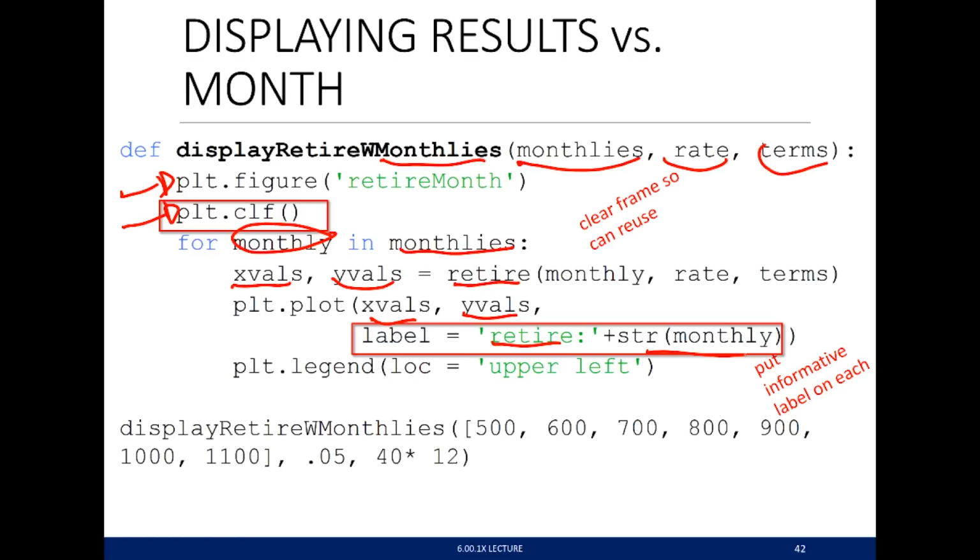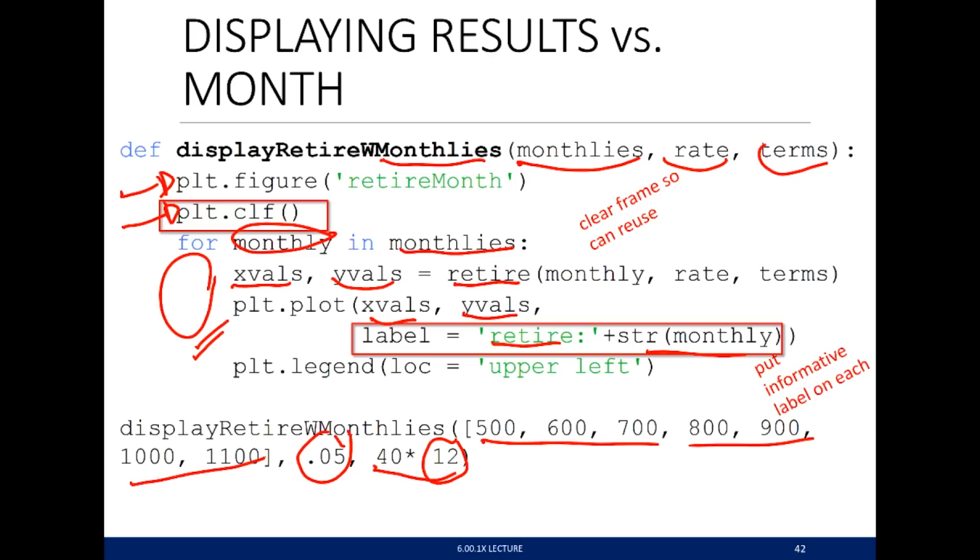And when I'm done with all of that, notice this is going to be a loop. So I'm plotting different versions here. When I'm done with all of that, I'm going to put the legend up in the upper left corner. Let's try it out. I'm going to try it out with a monthly rate of 5%, nice and healthy. I'm going to take 40 years of contributions, so I've got 40 times 12 because I'm plotting these at each month, so that's the total number of terms. And I'm going to look at what happens when I decide to put different amounts aside each month, from $500 up to $1,100 each month. And if I do that plot,